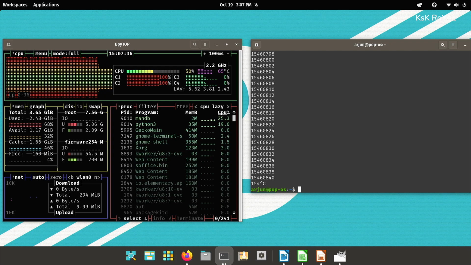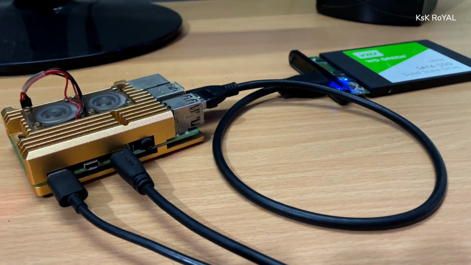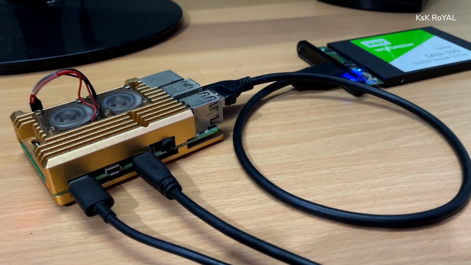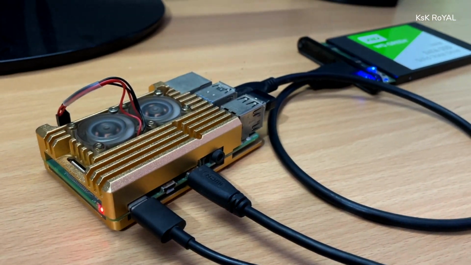By the time of recording this video, Pop! OS 21.10 for Raspberry Pi 4 or 400 is in beta, which means a few of the features are not working as intended. Now, apart from that, I got astounded by the level of performance of Pop! OS on Raspberry Pi 4. Now, this is my Raspberry Pi 4 running the Pop! OS from the external SSD. I have overclocked my Raspberry Pi 4 to the maximum frequencies to take full advantage of Pop! OS.